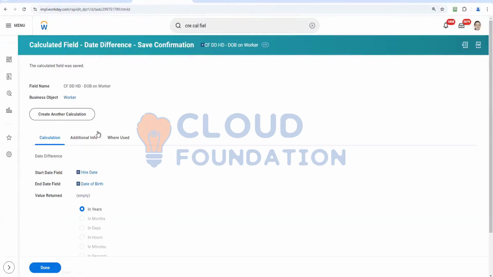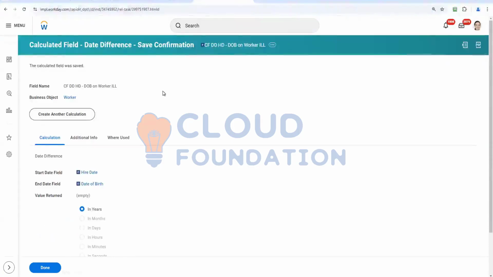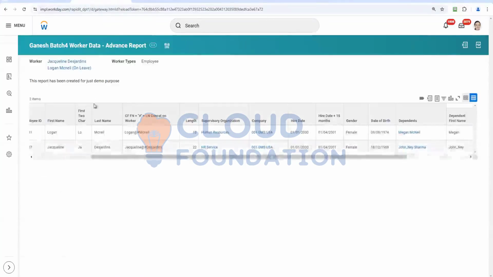Now I have created two calculated fields. This is one calculated field, and I have created another by quickly copying one of them and doing a bit of manipulation. This is another thing you should know: if you have a calculated field and need to create a similar one multiple times, you can just copy it, give it a name, and it will create multiple calculated fields. Now here in this report,